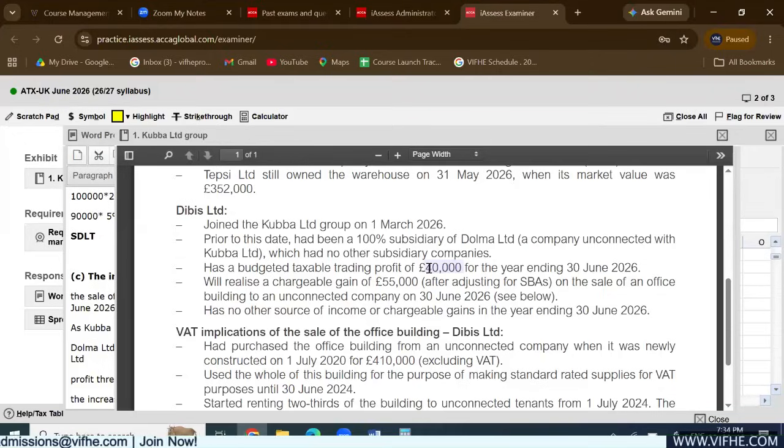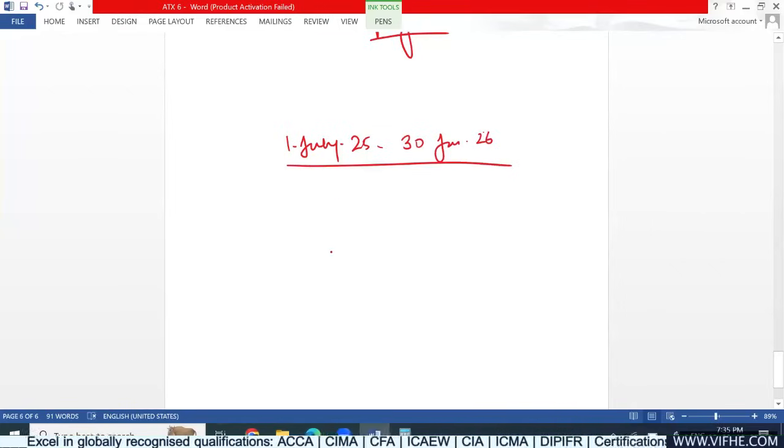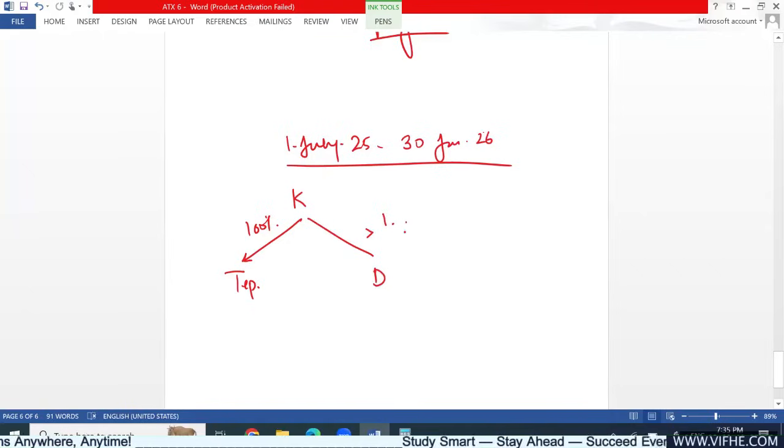And then when it comes to corporation tax computation, of course, for the period July 25 to June 26, the structure is quite like this: Kuba Limited is controlling shareholding in Pepsi Limited, and they are also controlling Dibis Limited, but they acquired the control on 1st of